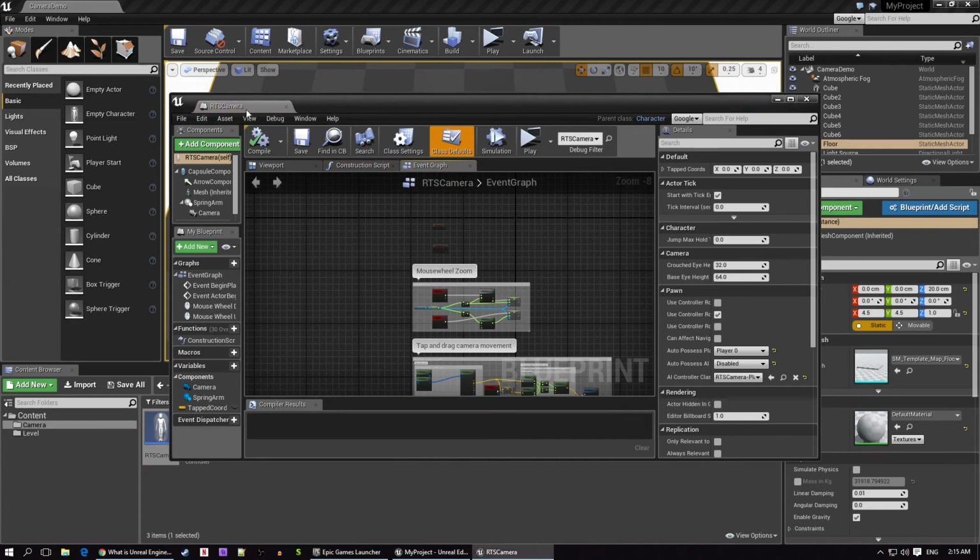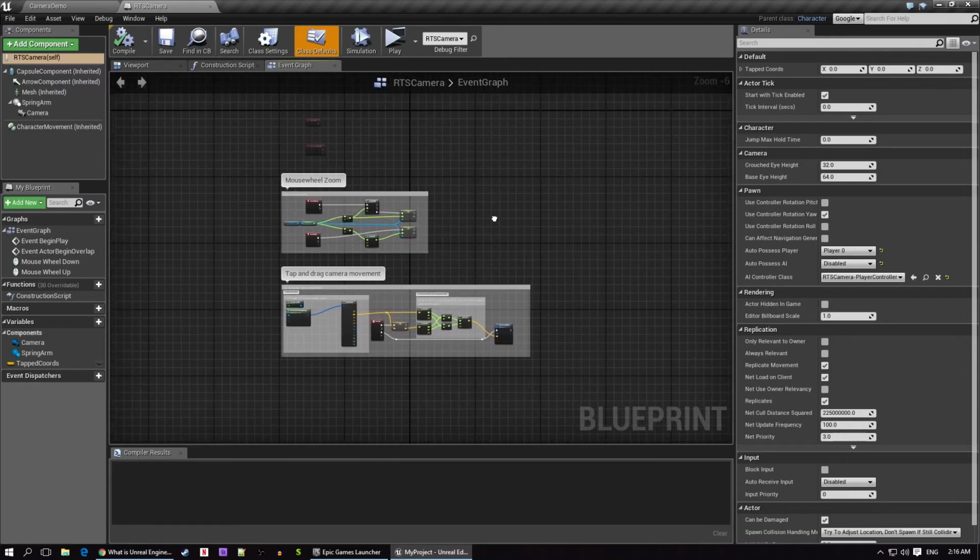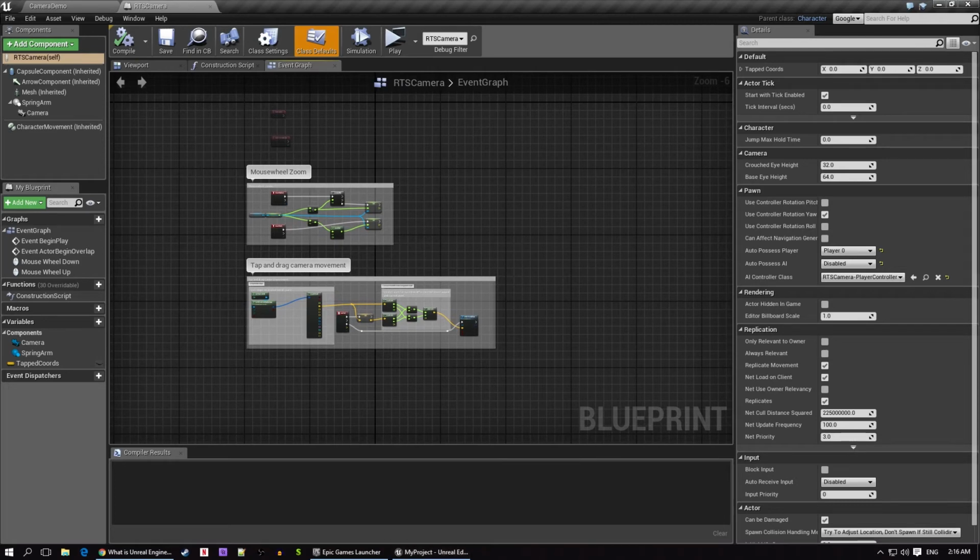So here we have the heart and soul of Unreal 4, the visual scripting tool, which is referred to as Blueprint. I'd just like to say that if you're someone like me who has a passing grasp of scripting and generally knows how computers think, but can't program their way out of a paper bag, Blueprint is a boon when you need to rapidly prototype gameplay mechanics or just do game scripting when you don't really have a head for the text-based stuff. Instead of needing to script in a text-based scripting language like most engines do, Unreal has moved to this system, which handles basically everything as nodes and wires, as you can see here.